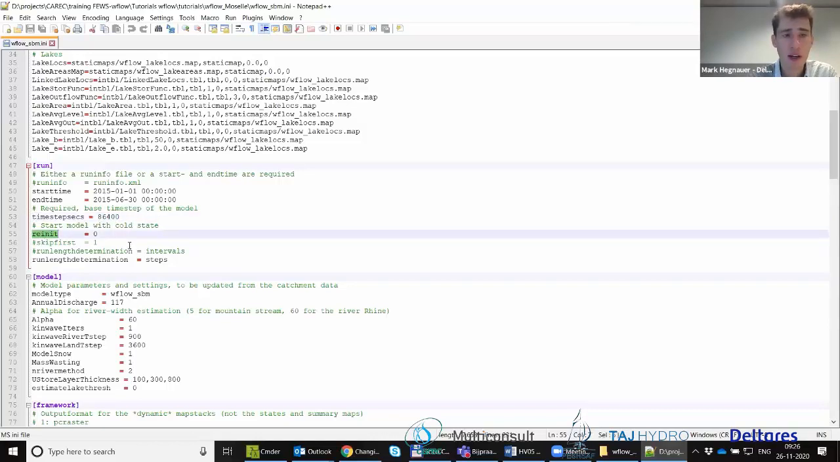We have also a re-init option. In this case, it says 0. You can also put this option to 1. And re-init means that you can reinitialize the model when you start running. And reinitialize means